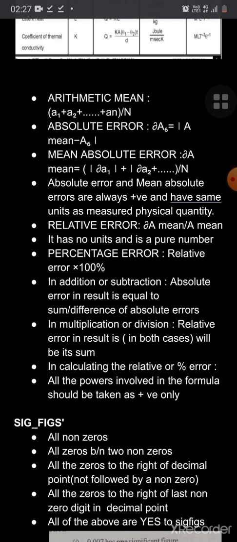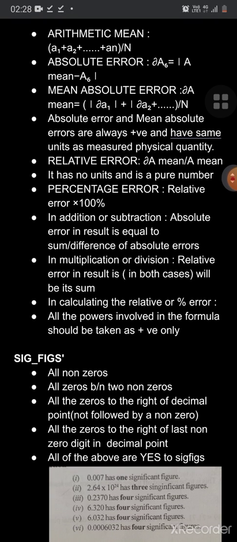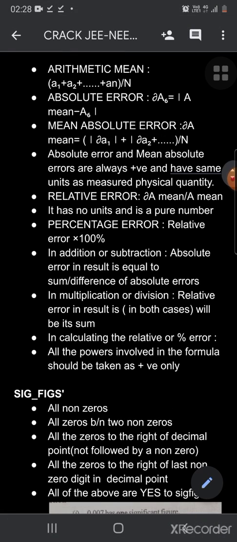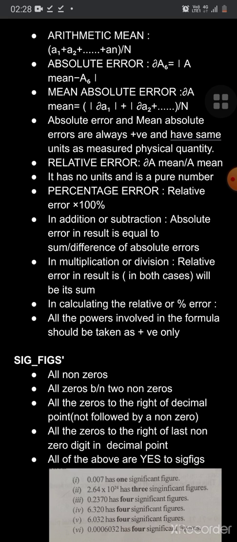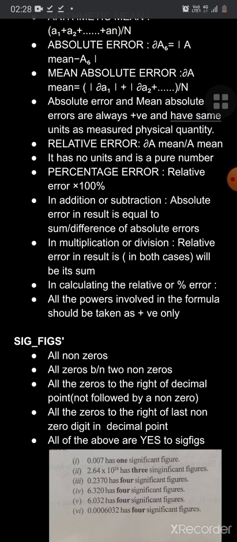Mean absolute error. Mean absolute error can be obtained simply by taking mean of all the absolute errors. That is, delta A mean is equal to mod delta A1 plus mod delta A2 plus so on plus mod delta An divided by n, which is nothing but the mean absolute error. It can be obtained by taking mean of the absolute errors. Mean absolute error or absolute error both are always positive and have the same units as measured by the physical